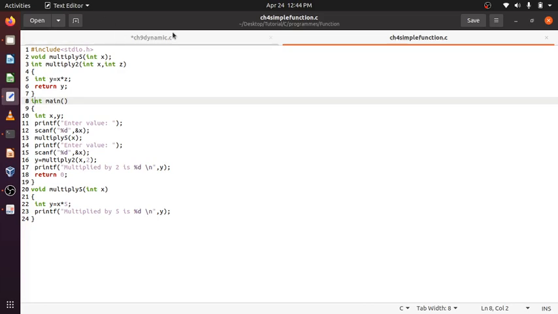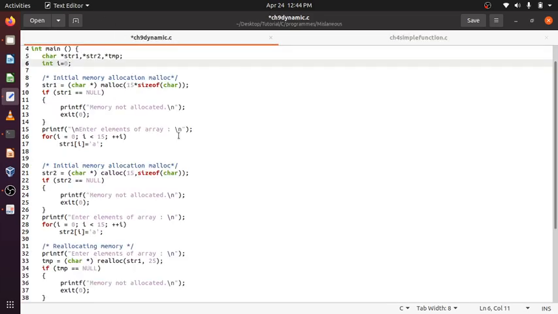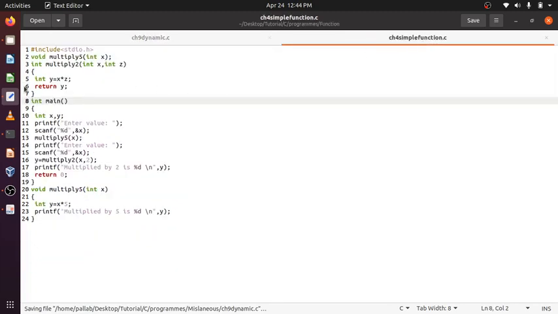Dynamic memory will be created in the heap, while local variables, like this auto int y, a local variable within the function, are created in the stack. Because it is created in the stack, the moment control comes out of this function, this variable will be lost.